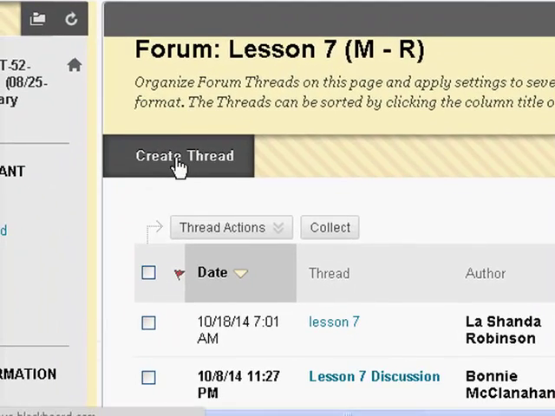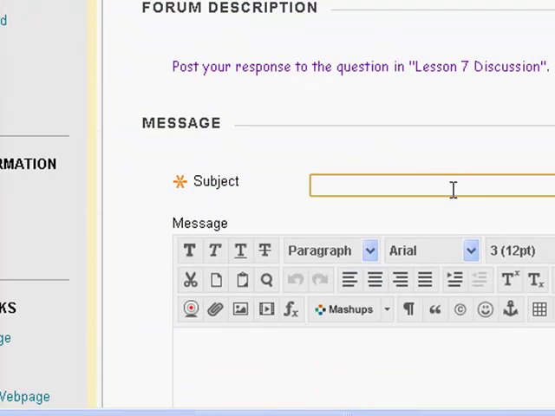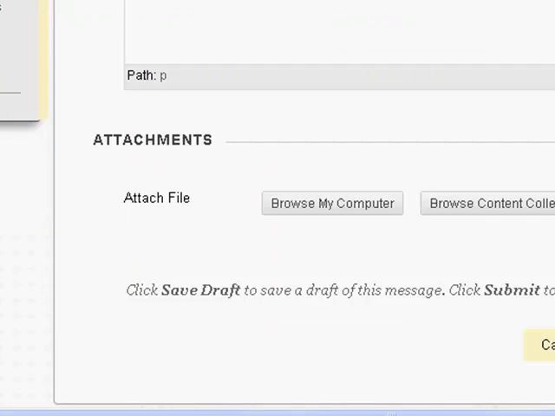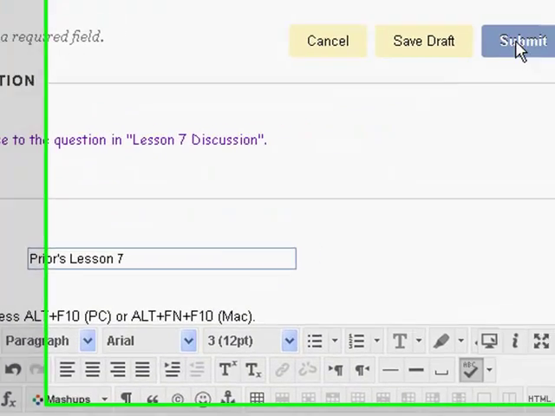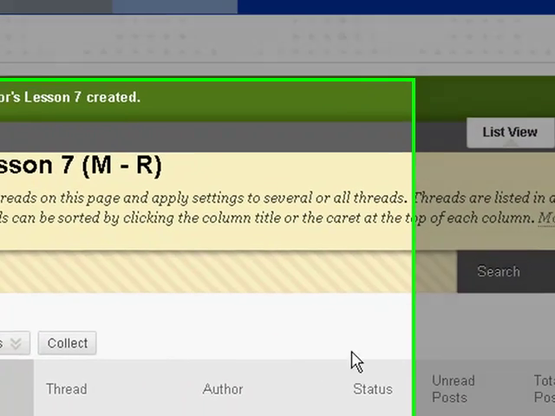I can create my own thread. So I might want to say here, this is Pryor's lesson 7. And then I type my lesson, my answer to whatever the question was. And it was fun. I mean, the question was, well, how is math for you? Fun is the answer. So anyways, we can come up here and click submit. And then